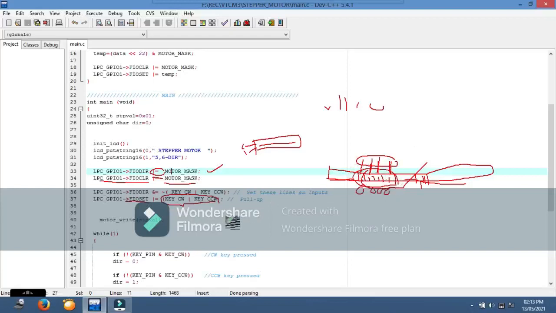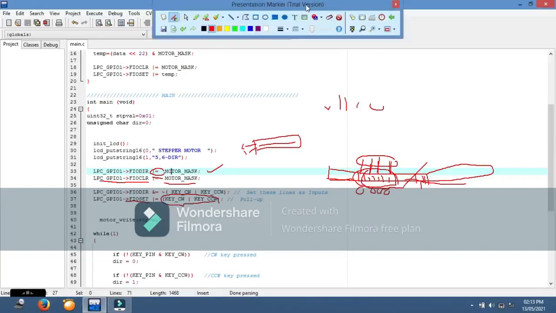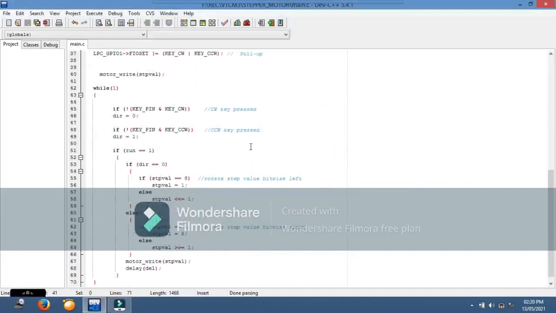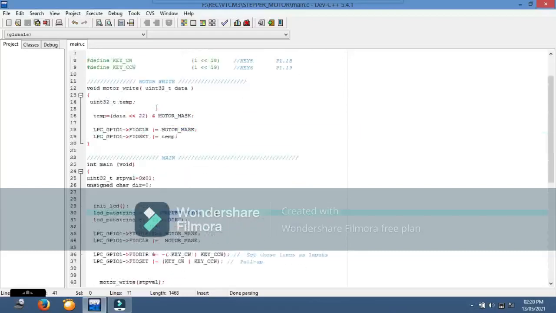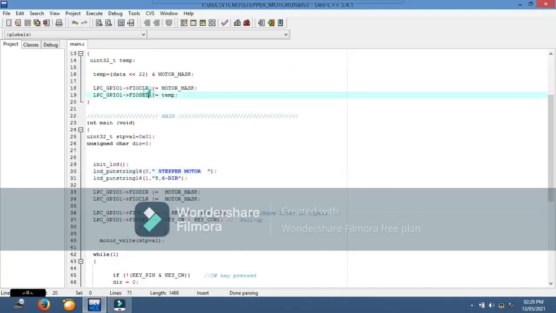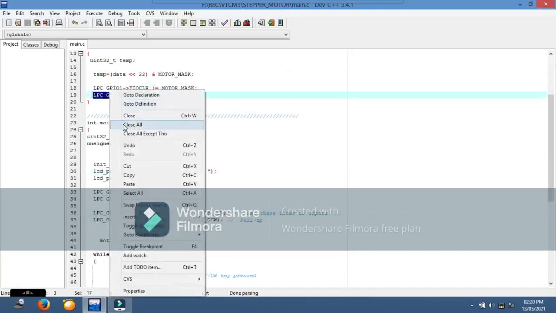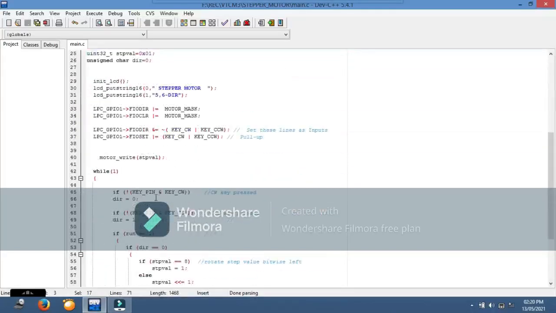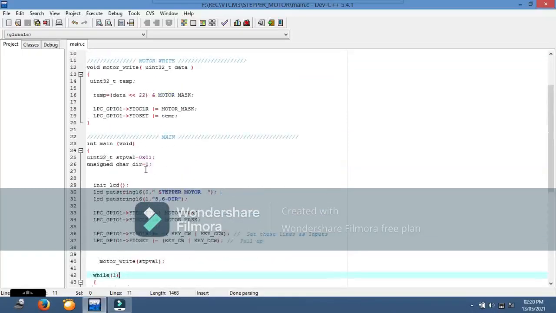Understood, right? So once you do this, then we need to go for our operation here. In the operation you can see the key pin. Key pin is actually what we are utilizing to read it. I have not defined the key pin here, I'll define it first. What is a key pin? Okay, instead of that, directly I'll copy.